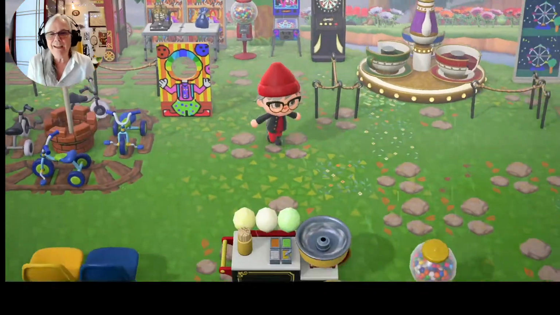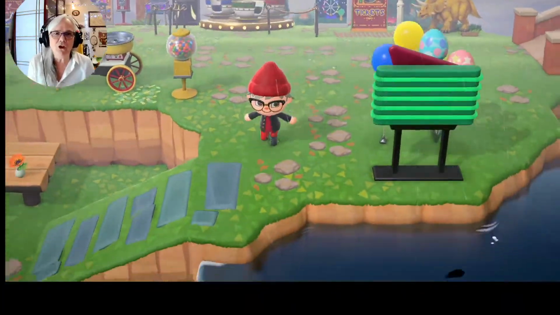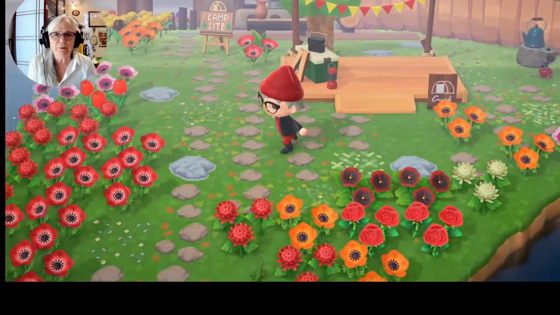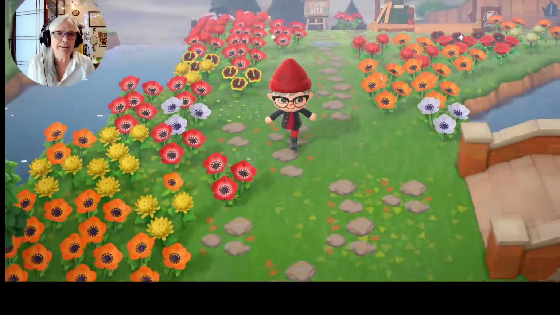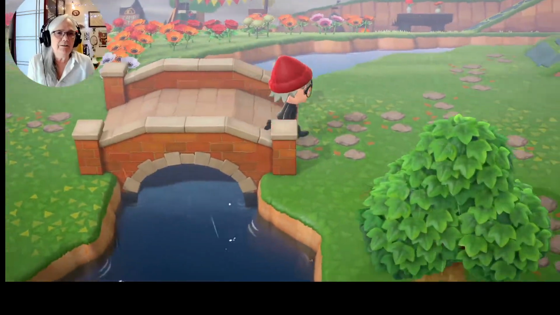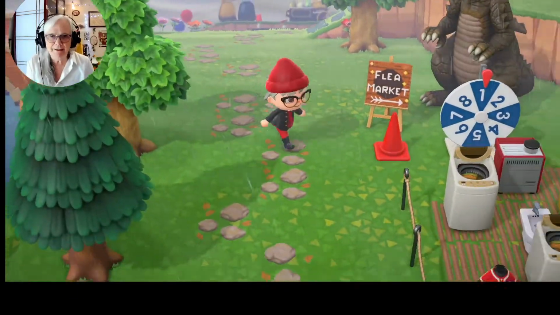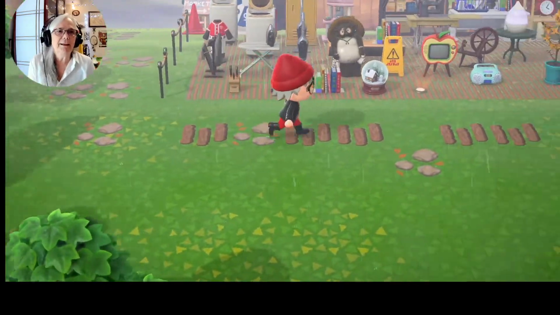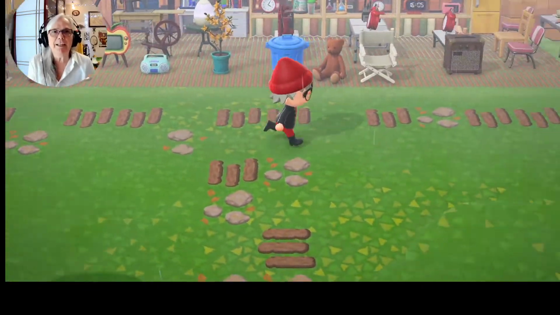It's pouring rain though. Carnivals in the pouring rain are not much fun. This is my campsite. It's one of my next areas of development. Here's our flea market. We love our flea market. Look at all the wonderful things in our flea market.